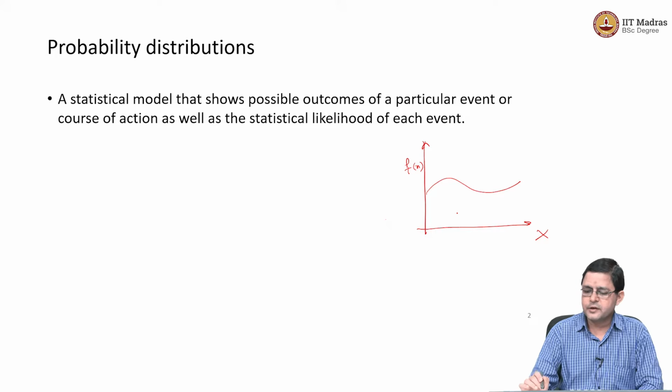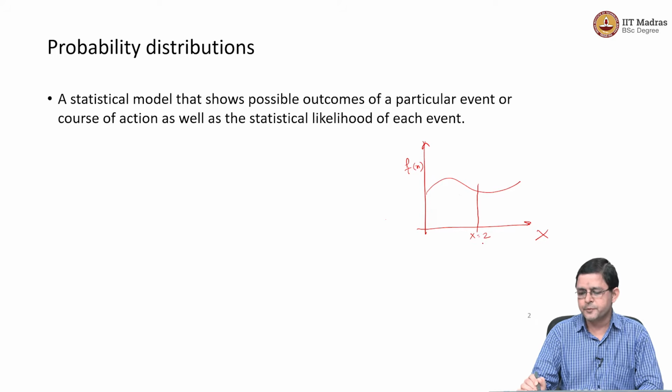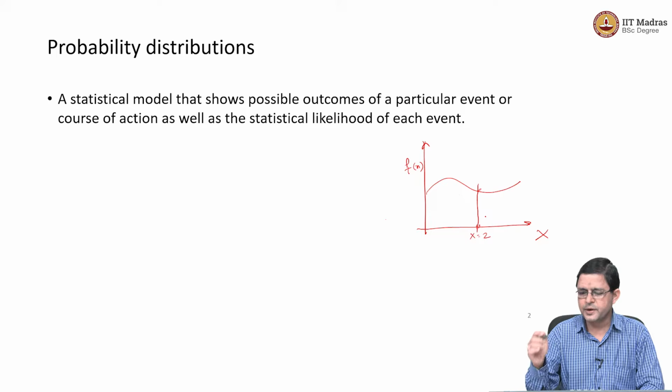What is the difference here? In the earlier diagram we had discrete probability masses because the random variable was discrete. Here we have continuous values of the random variable, and therefore we can't really say that there is a probability mass sitting at a particular point. For example, let us say that we are still talking about x taking on a value equal to 2. We can't say that this is the probability, this is only the probability density, right. So, we only talk about density, and for density we need a small interval to actually define some probability, right. So, you recall all of that, right.